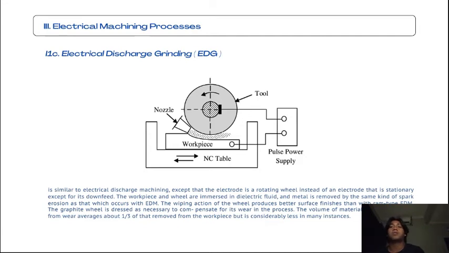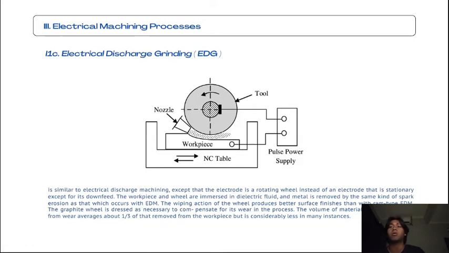The wiping action of the wheel produces better surface finish than with ram type EDM. So the graphite wheel is dressed as necessary to compensate for its wear in the process. The volume of material lost by the wheel wear averages about 1/3 of that removed from the workpiece, but is considerably less in many instances. Since the wheel wear is spread over its circumference, the amount of reduction of wheel diameter from this dressing